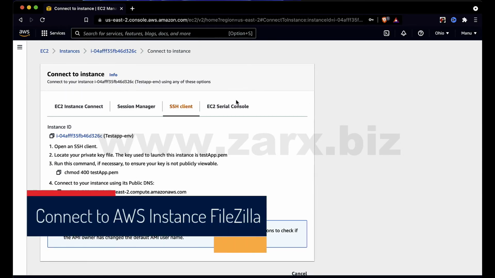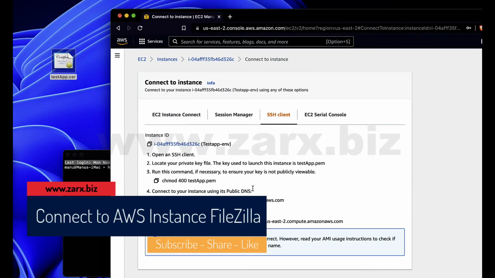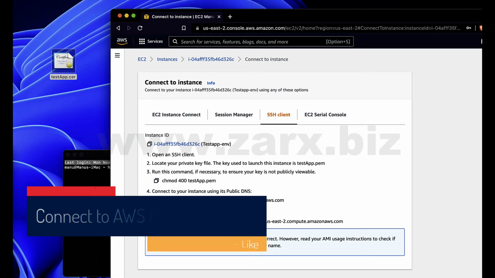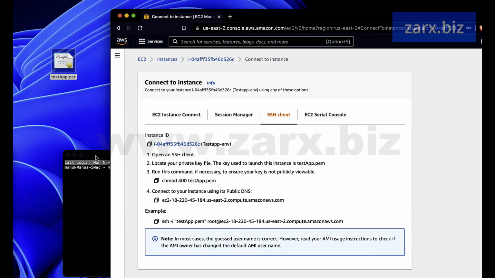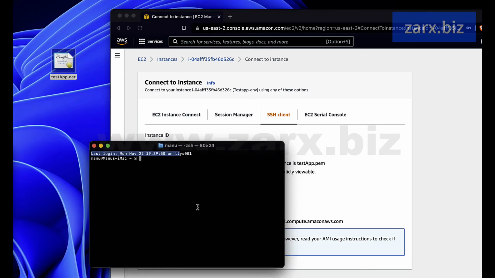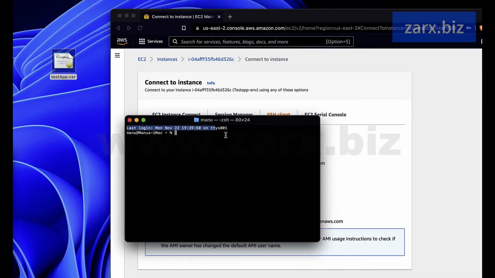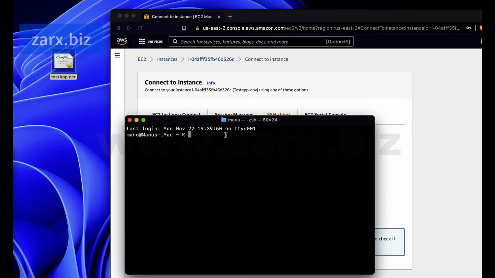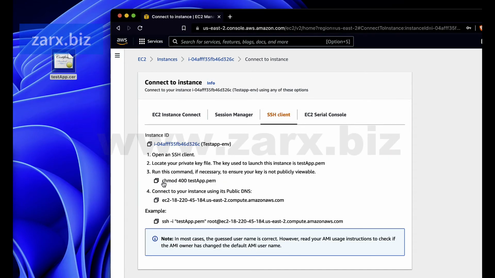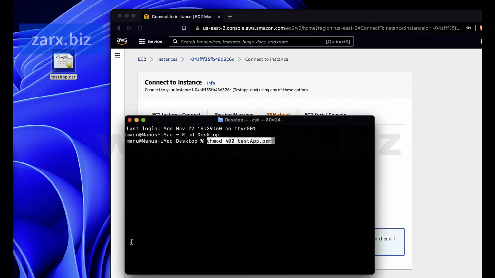Alright guys, so here is the instance, and if I click on connect, I have the SSH client, and to connect we have the key pair file here. So the steps are here. What I'm going to do first is connect using terminal and then using FileZilla. So in terminal, I'm simply going to say cd desktop because I have this file on desktop. The steps are simple. It says run this command. So I go to terminal, paste the command, and